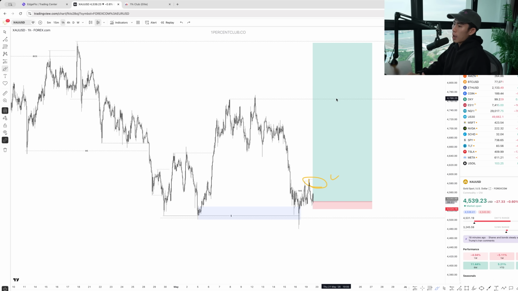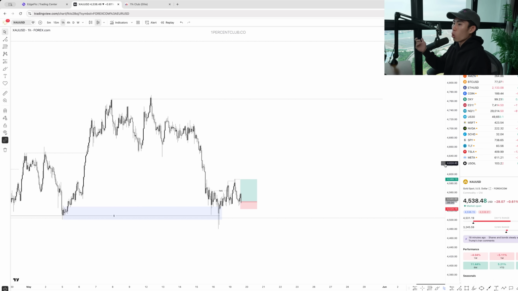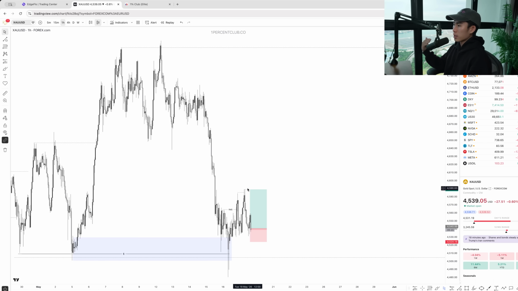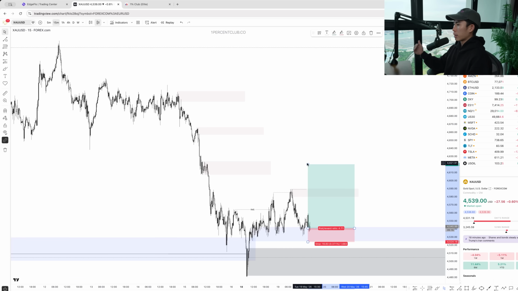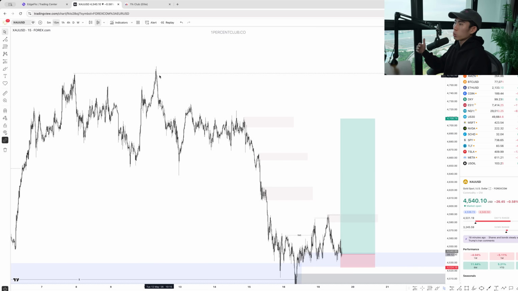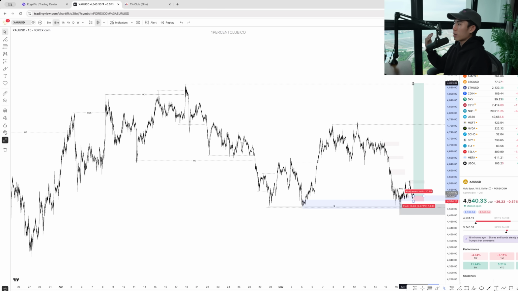Okay, so that's what I want you guys to understand, right? Just place your take profit at the point of interest where price is most likely going to move toward next. So in this case, it'll be right here. If price takes out this area here, it could come up here, this next supply zone right here. If you take out that, then it will come up here and here. And if you take out that, then you can potentially look to target this. But you don't straight away jump to the final boss of the battle and try to target this,